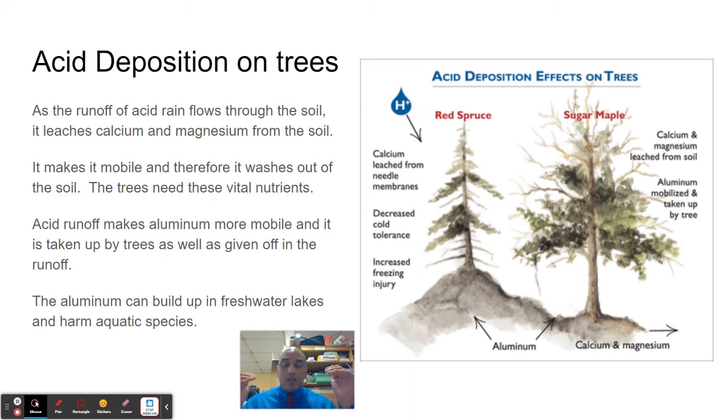So once again, acid formation is going below 7, under 5.6. That's the danger zone. Okay. That's when it's acid rain. Now, when acid rain goes on trees, look, this is an example of red spruce and sugar maple. They have a decreased cold tolerance. This is what these trees have evolved for, to be cold resistant. So it makes them weaker, and they cannot live throughout the cold. All right. And the reason being is that calcium leached from the needles and membrane.